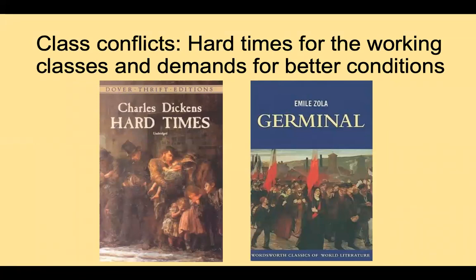You might think about, for example, Hard Times by Charles Dickens, a book about the working class, and the pressure that working classes exert for political change, Germinal by Emile Zola. Both of these are examples of the changes in the class structure that development produces and how those changes have political consequences, mainly in demands for better working conditions, inclusion in politics, the expansion of the right to vote. This is the second mechanism in the development theory.